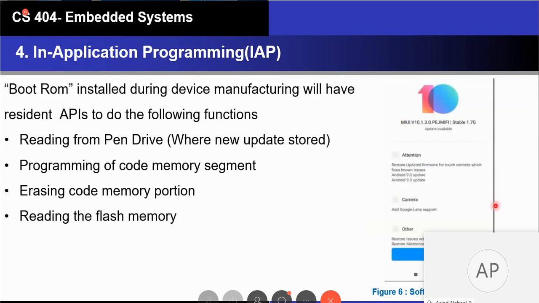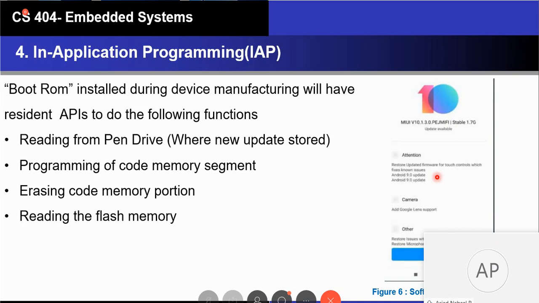This is a technique in application program techniques. That is also usually followed by the mobile phone companies. So whenever a phone needs a minor update, it's not like a full update. It's like an MIUI or Oxygen interface update. So in that case, they will just send it using this kind of application program method.